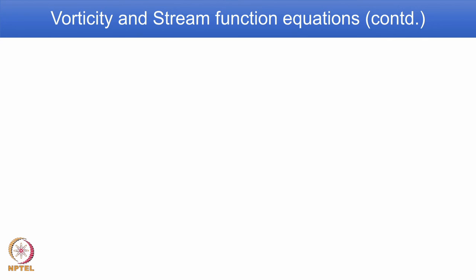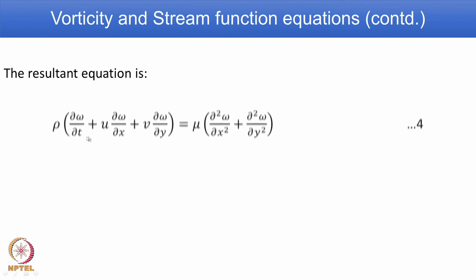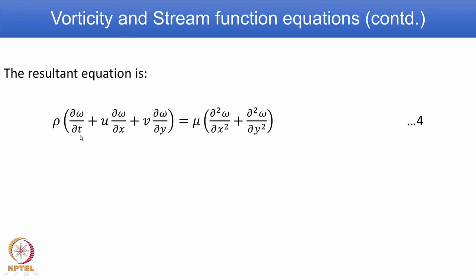So, finally, the resultant equation will look like this. First term ∂ω/∂t we have seen in detail, u into ∂ω/∂x we have seen, and v into ∂ω/∂y you can derive. Similarly, you can repeat that exercise on the right hand side and you get an equation like this. So, if you look at this equation,